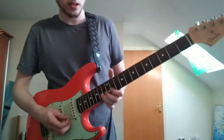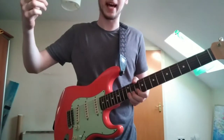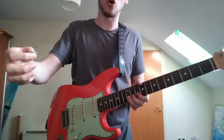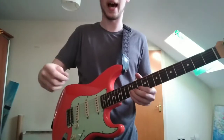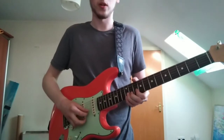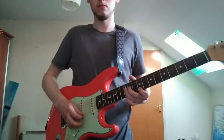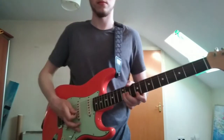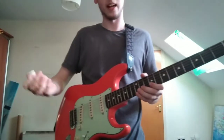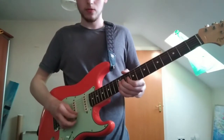So you want, right, you're on the 12th fret of the B string. You're bending up 3 times, and after every single time you pluck the B string, you pluck the high E string on the 12th fret as well. So it's like, it sounds beast, I'll not lie. Yeah, so